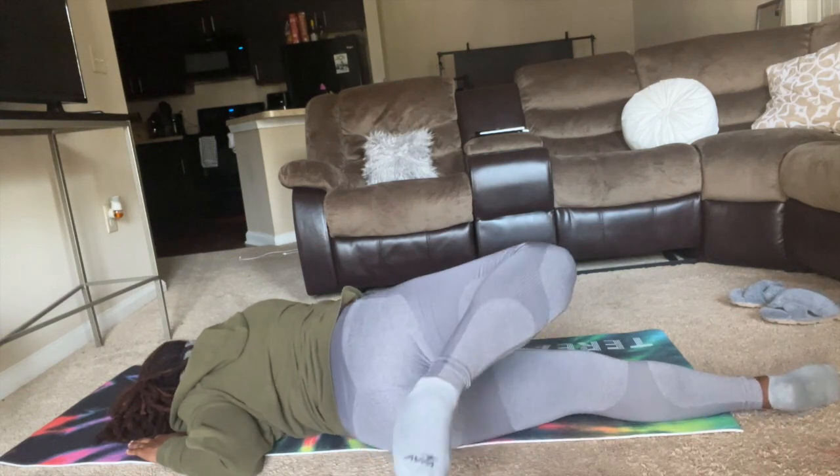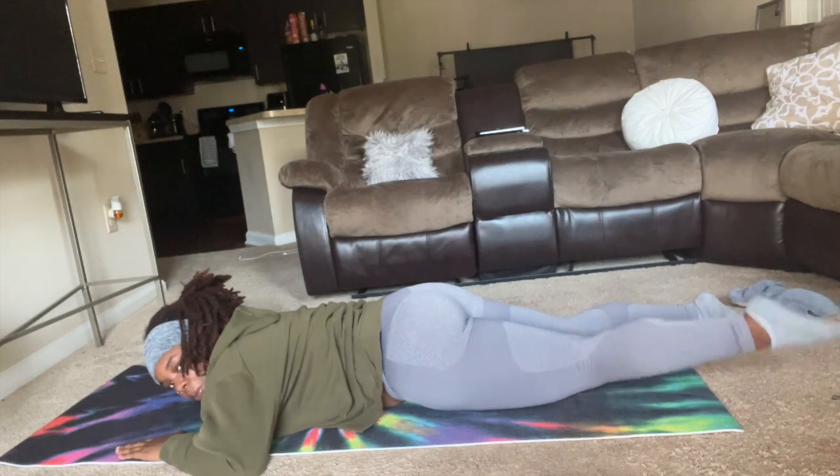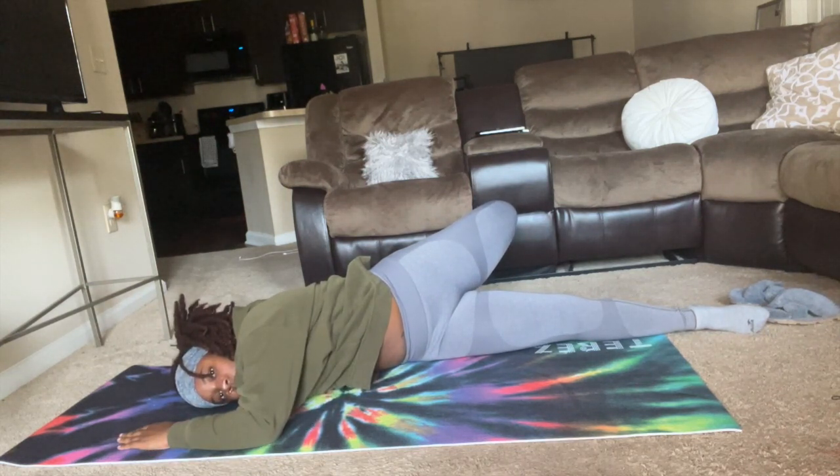So a nice spinal twist here. Of course, if this stretch does not feel comfortable, feel free to lie nice and flat here and taking a moment to reconnect with your breath. When you're ready, coming back to center, bending our opposite knee in this time, and we're going to twist over to the right side this time. So taking that toe over to the right side of the room, remembering to breathe in through our nose, out